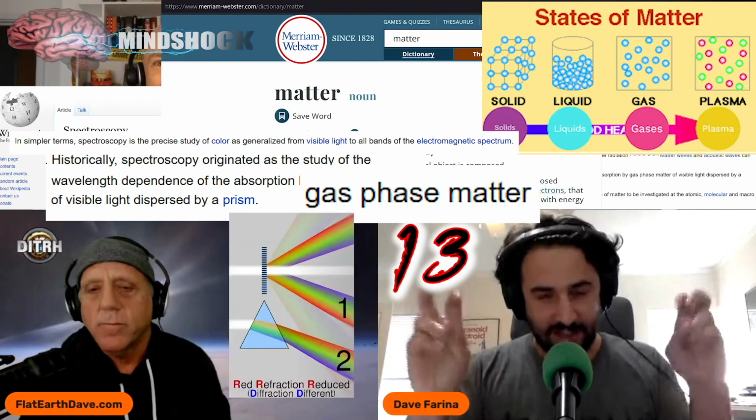So again, just as from Wiki, we're using the most basic definitions here. An optical prism is a transparent optical element with flat, polished surfaces that are designed to refract light. At least one surface must be angled. Elements with two parallel surfaces are not prisms. The traditional geometric shape of an optical prism is that of a triangular prism with a triangular base and rectangular sides, and in the colloquial use, prism usually refers to this type. Some types of optical prism are not, in fact, the shape of geometric prisms.